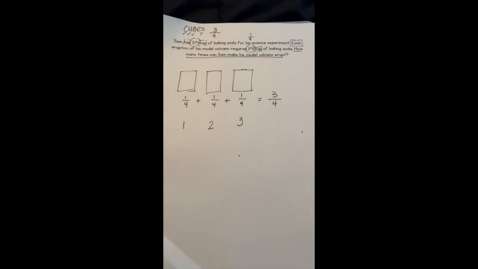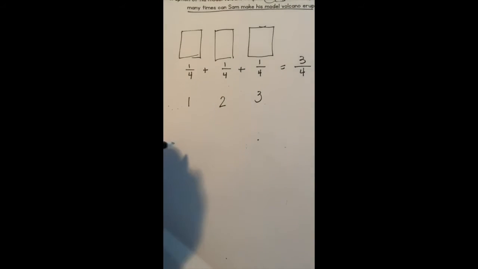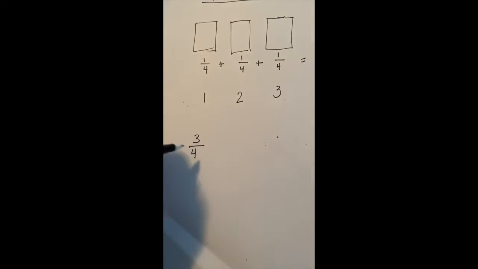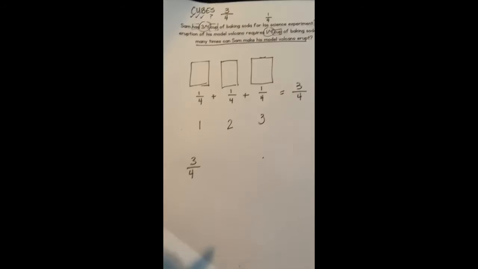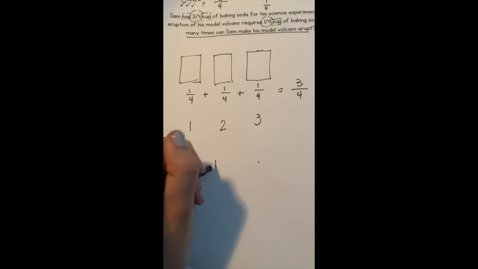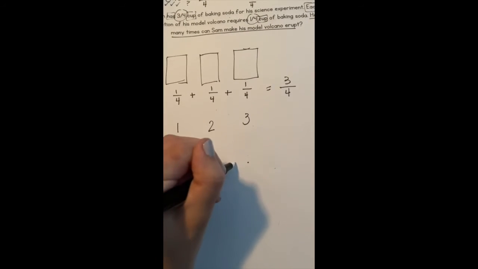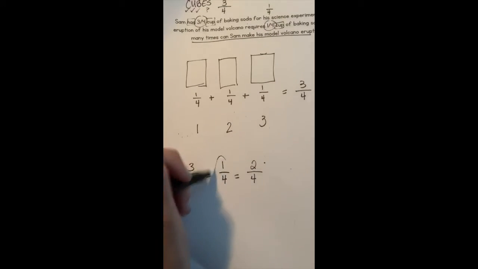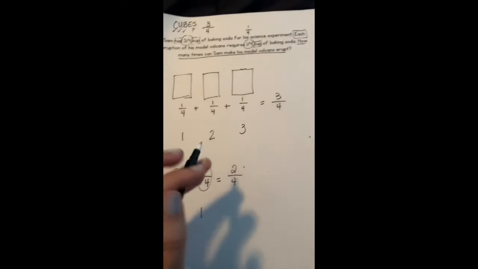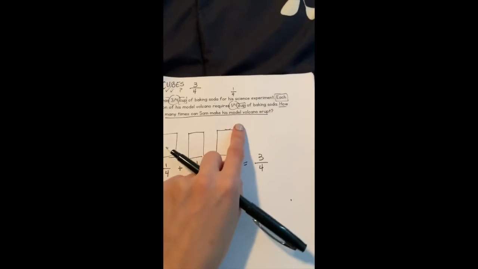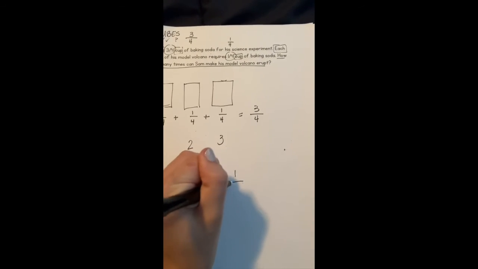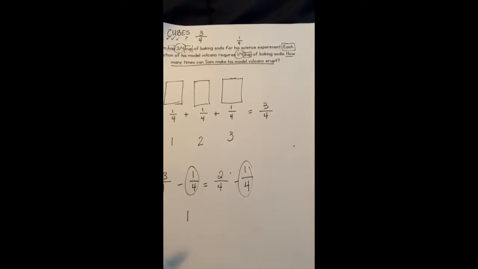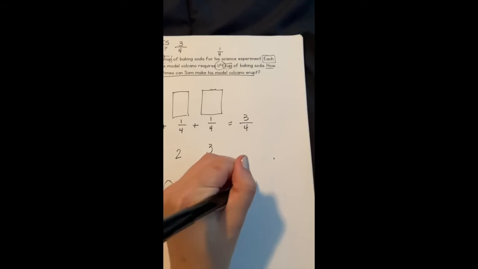Another way that you could have done this is if you did it the opposite way and you worked backwards. If he had 3/4, and he needed 1/4, you would take that away. So if I'm taking away, that would become 2/4. So that's one way. And then he has 2/4. He can do another time. So I would subtract another 1/4 out, so that's 2 times that he's done it, and that would give me